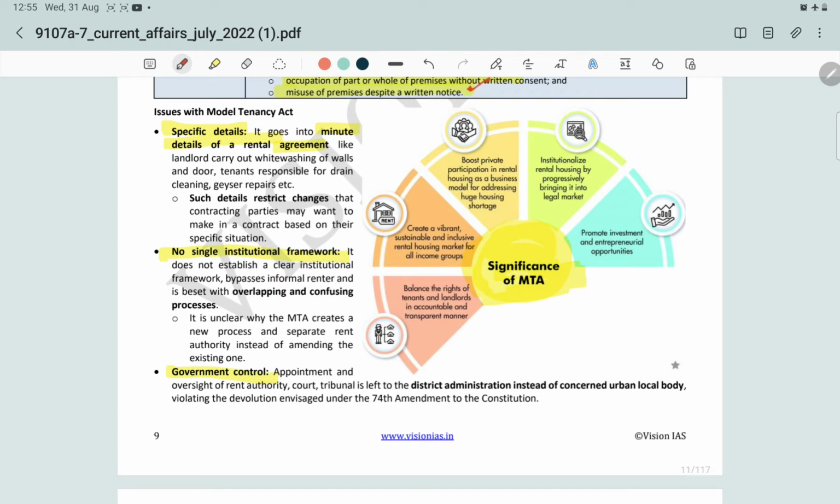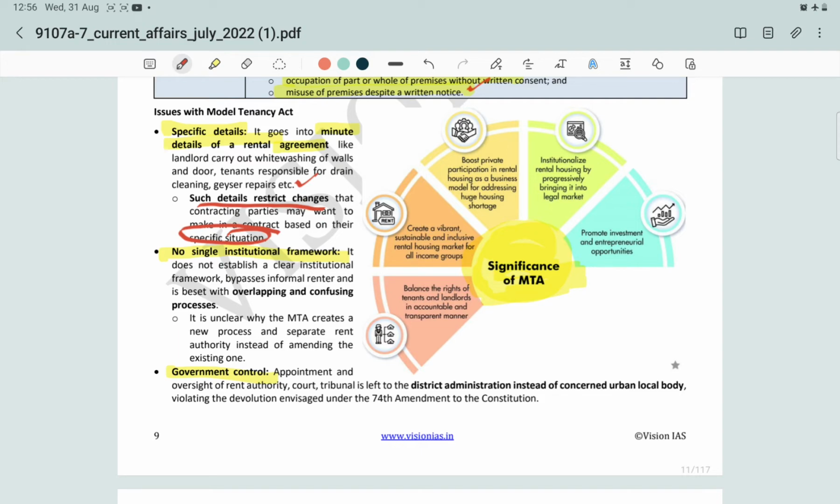And what are the issues with the Model Tenancy Act? So it goes into the minute details of a rental agreement, like the landlord carrying out whitewashing of walls and doors, and tenants being responsible for drain cleaning and geyser repair, etc. Such details restrict changes that contracting parties may want to make in a contract based on their specific situation. So it gives a model of the rental agreement,